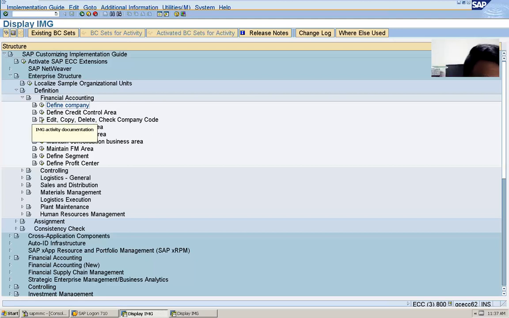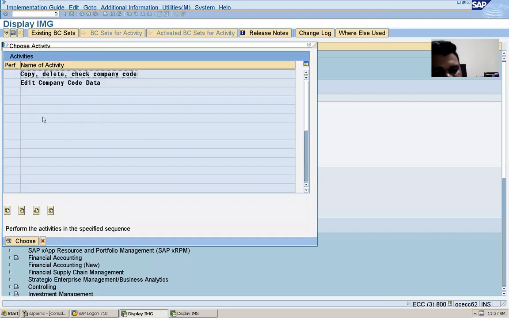Now, this is the step: edit, copy, delete, check company code. So just write down step number 2: define company code. Yes. Perfect. Now click on this.